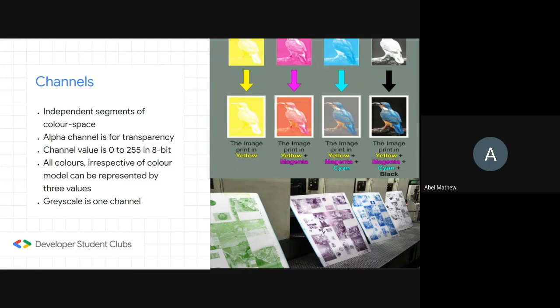It does not mean that if we increase the number of bits, the colors will become bright. It's just that we are dividing the range from black to red into 255 segments in 8-bit, or if you're using 10-bit, we are dividing the range from black to red into 1024 segments. It's not that the colors are becoming bright when we increase the number of bits in the channel.